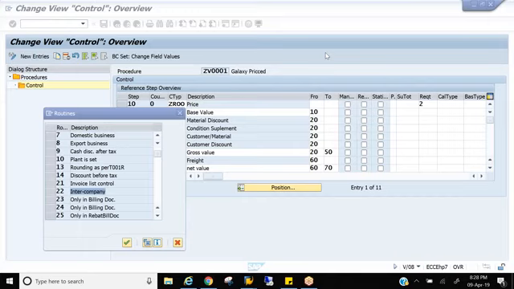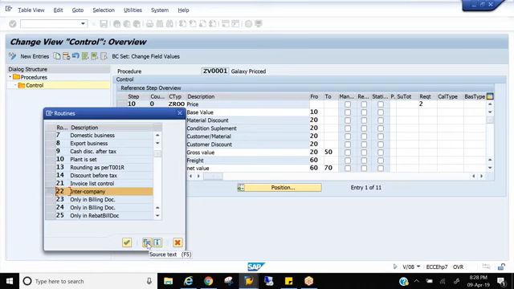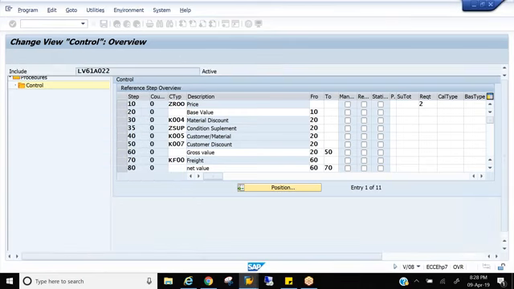Let's say in Chicago we have a plant for Apple US, and in India we have it in Chennai. These two plants should be assigned to two different company codes, one is US and India. Then only we call it intercompany sales. So that's what system is checking here, whether the plant belongs to two different company codes or not.